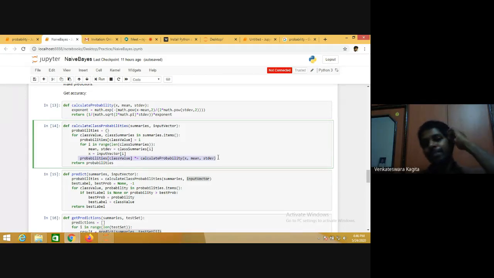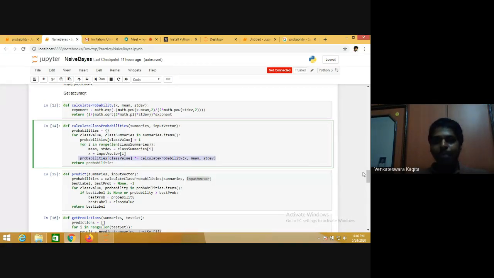In this example, we have only two classes, 0 and 1. So this is repeated for both classes, when the class value is 0 and when it is 1. This is a multiplication of individual attribute probabilities, because you assume that the attributes are independent.